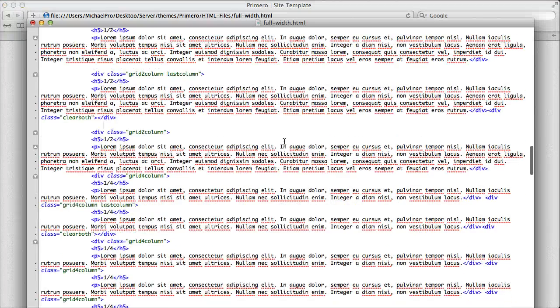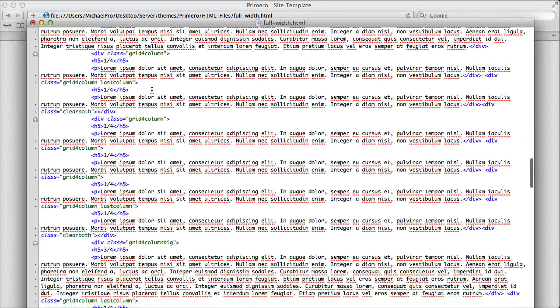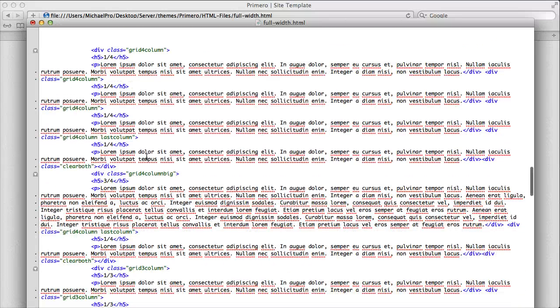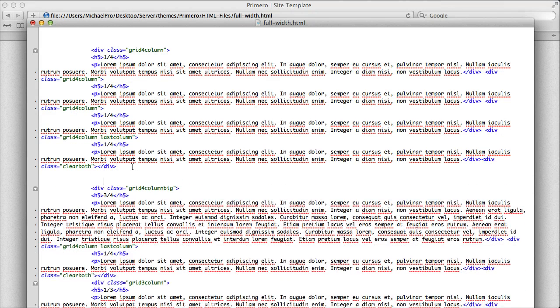So I'll show you that in the code real quick. Let's go ahead and find the grid 4 columns. So it starts here. Now it starts here. Okay, so here's the 4 that we're seeing right here that I was